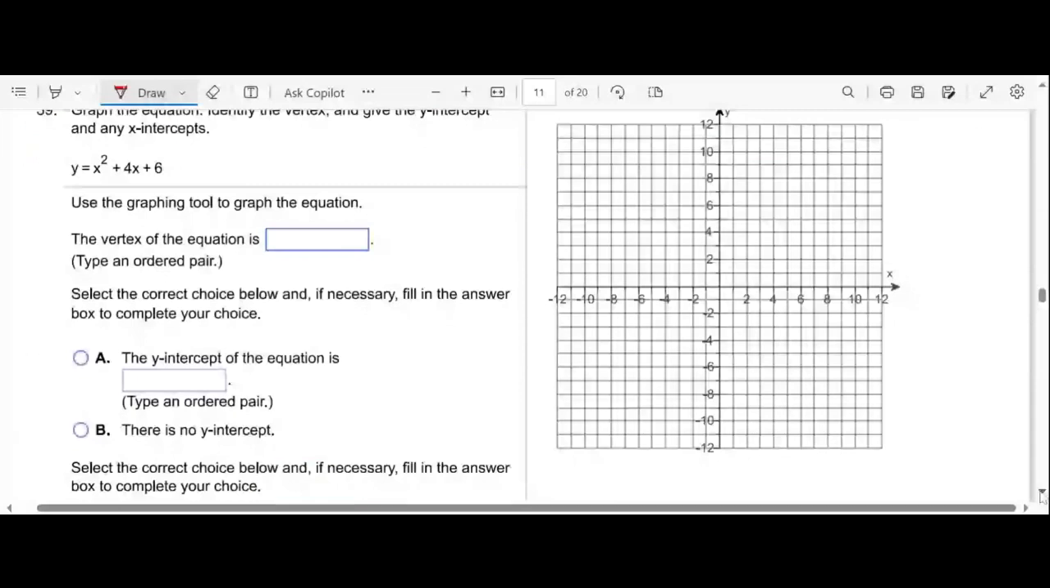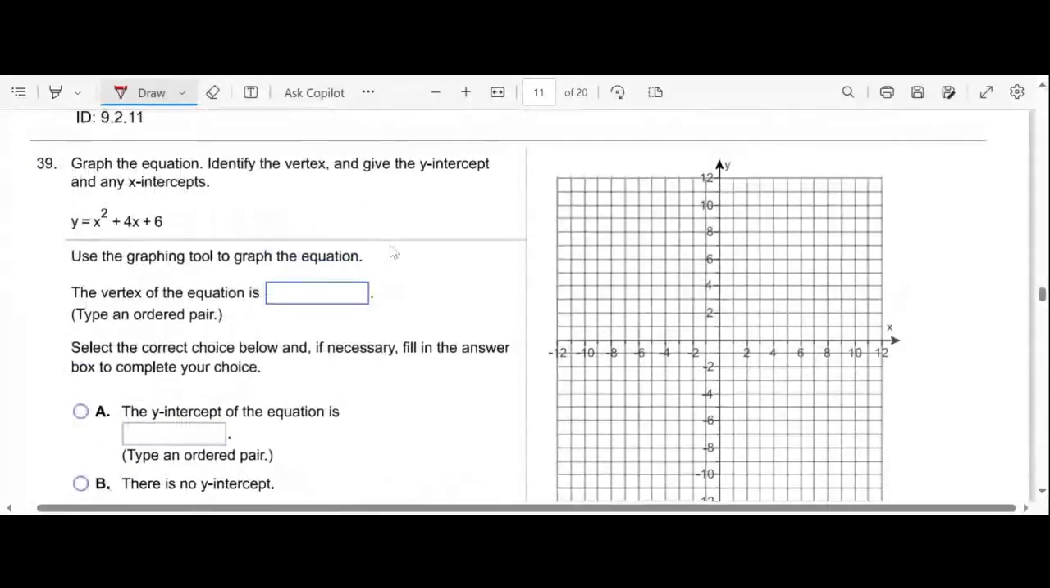Number 39. Graph the equation. Identify the vertex, y-intercept, x-intercept. So there are 4 requirements. To graph this, I have to find the vertex. To get the vertex, you have to find x and y. But how can I get x? x is negative b over 2a. We know that